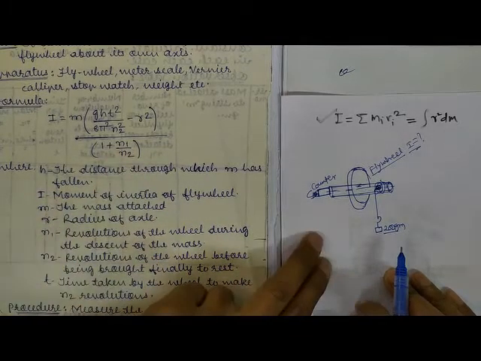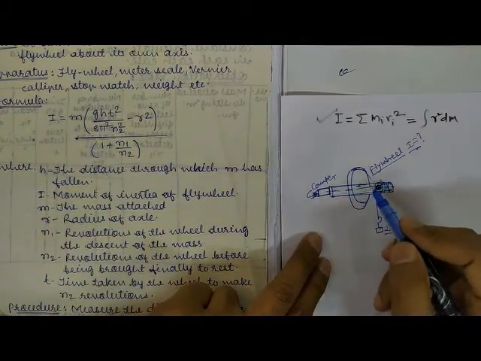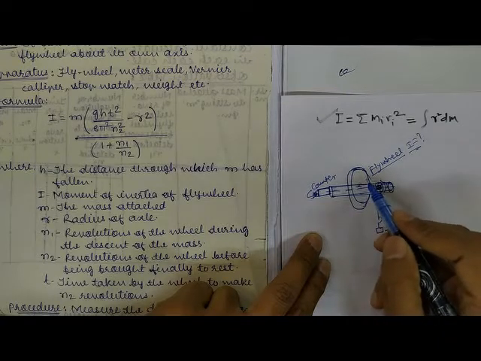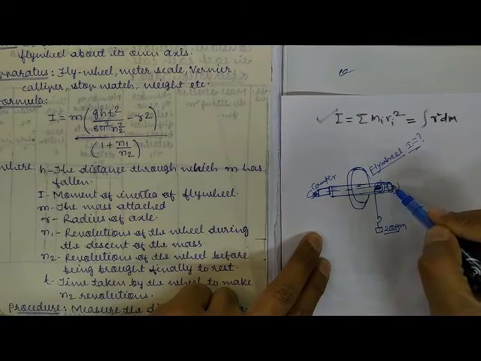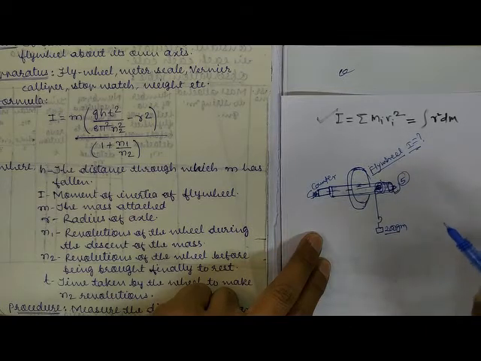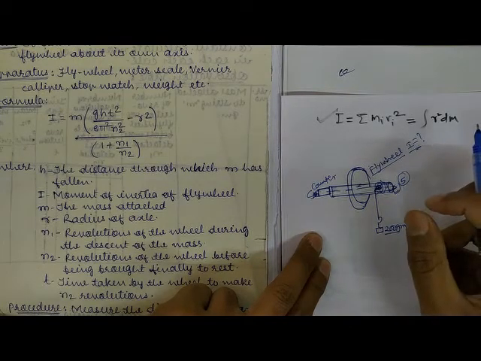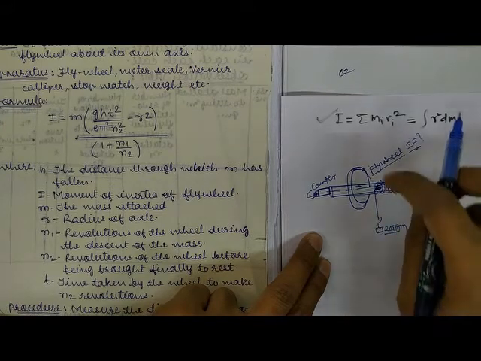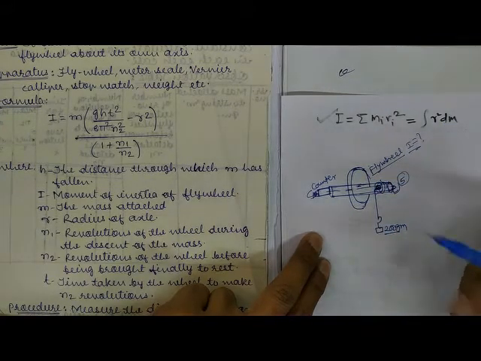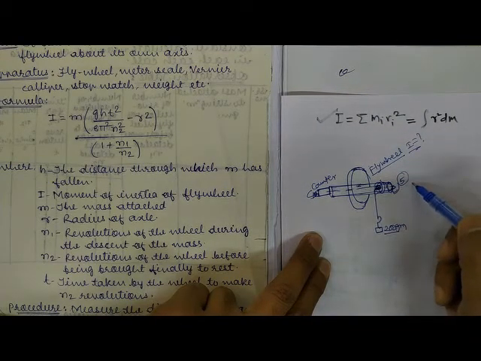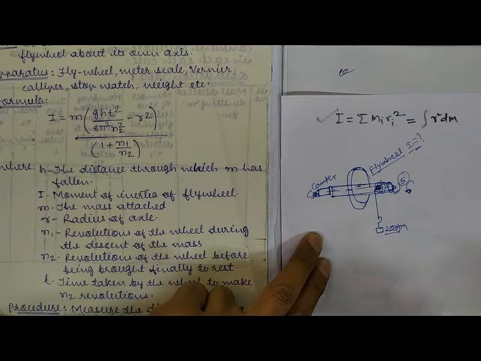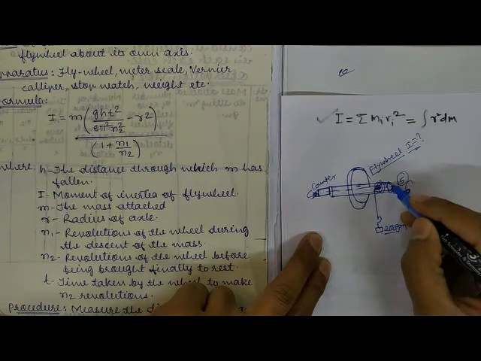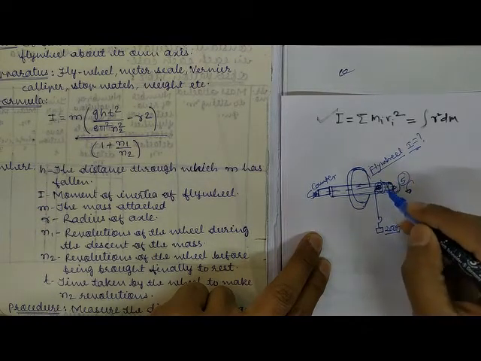Okay, 5 turns. That means we have rotated this axle, or this flywheel, in the opposite direction by 5 rotations, right? Now you have to hold this point, because once you leave this, due to this weight, these 5 rotations which we have already done in reverse direction will undo, and the flywheel will get rotated in this direction, and the mass will fall down, and so on. So first of all we have to hold it, then we have to remove this, right?